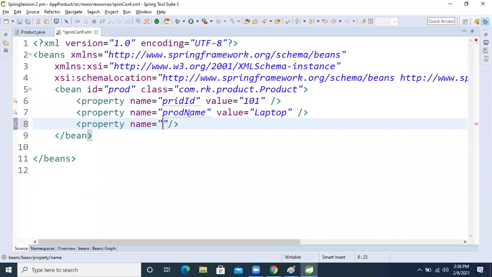So now, okay, the second one is the product cost. What is that product cost? For the value, I will take 23,000, just 23,000 dot zero, like this. Okay, 23,000 means our beans